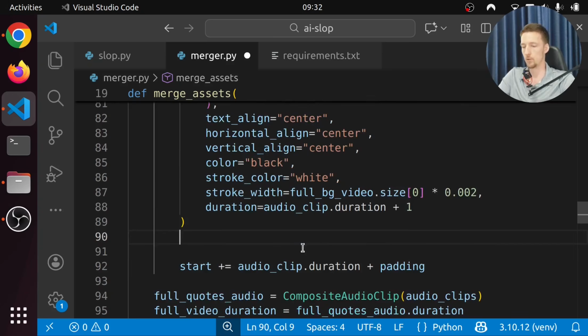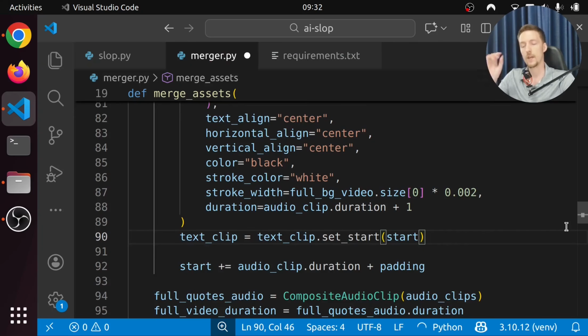And then we need to do text clip is text clip set start. And we set the start to the start of the quote audio minus 0.5, so it's going to start half a second earlier than the actual sound.